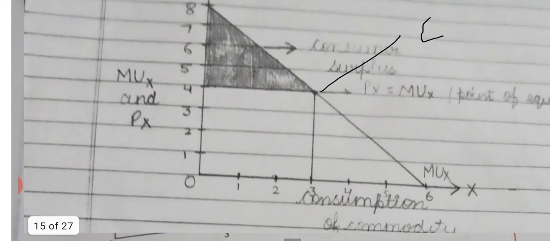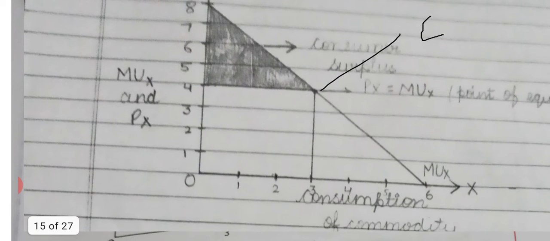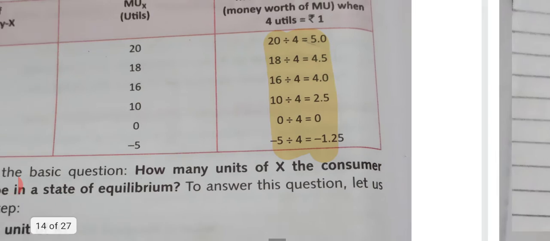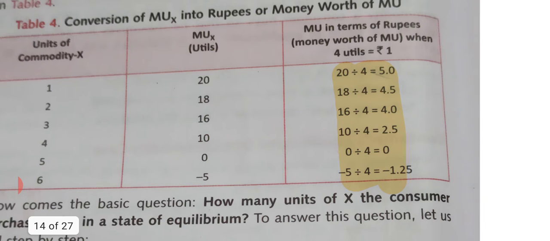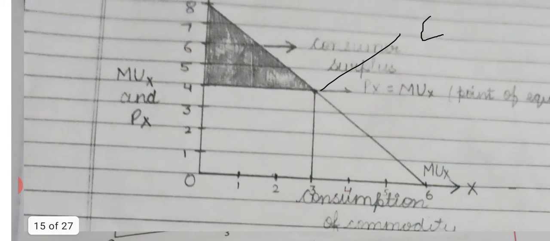Let me explain you with the help of diagram. On the x-axis is given the consumption of the commodity and on y-axis is given the marginal utility of commodity and price of the commodity. Now as we have done in the case of the table, that at the third commodity case, whatsoever consumer is spending, satisfaction level is equal to the spending, that is 4. So at third unit of the commodity, we will mark that marginal utility is equal to the whatsoever he is paying. So at C point is a condition of equilibrium.